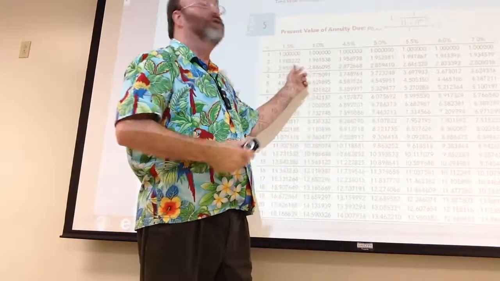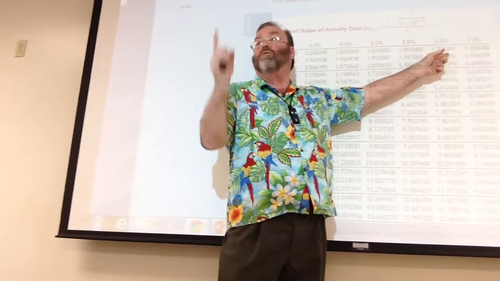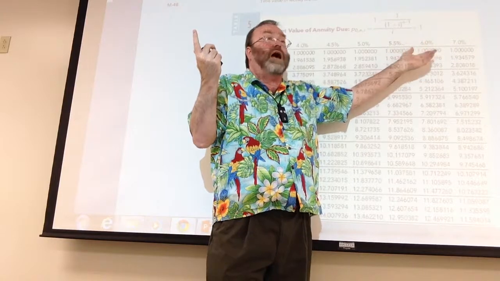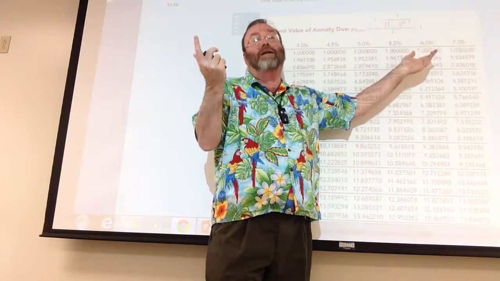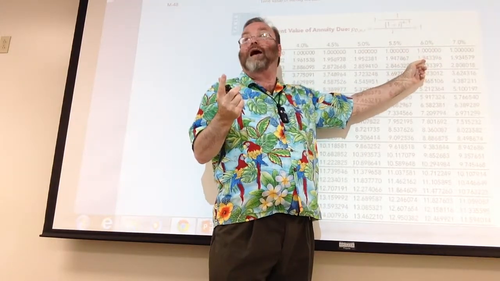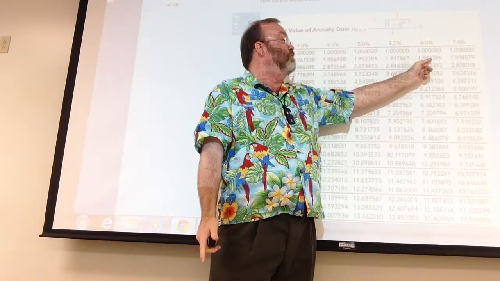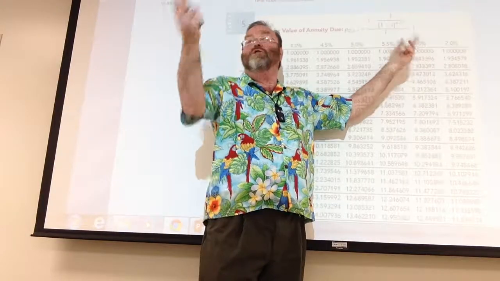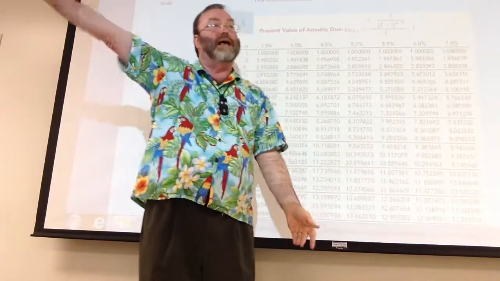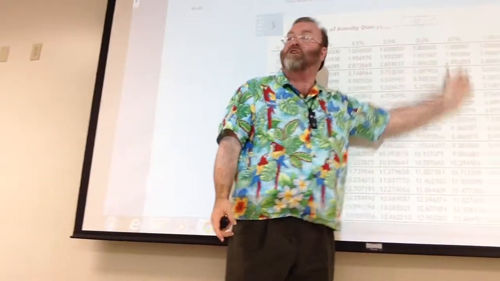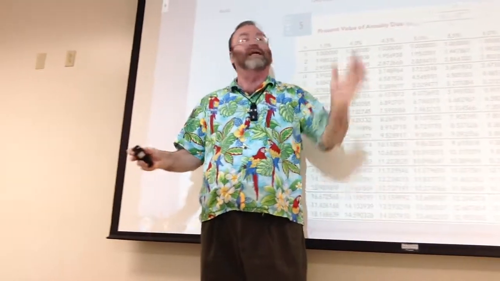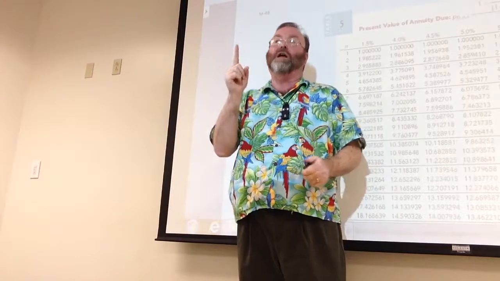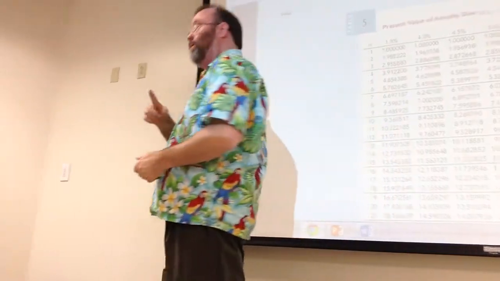That's an annuity due, because look at the present value for 1 in table 5. It's 1, because what's a dollar worth today? It's worth $1. And then look at a year from now. There's that 0.943396. Because if it was only 2, give me 10,000 now and 10,000 a year from now, that's what it is. So that's all table 5 is doing, is adding up those same factors in table 4, but starting with a factor of 1. Okay?